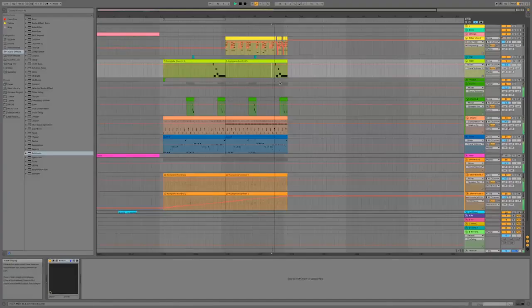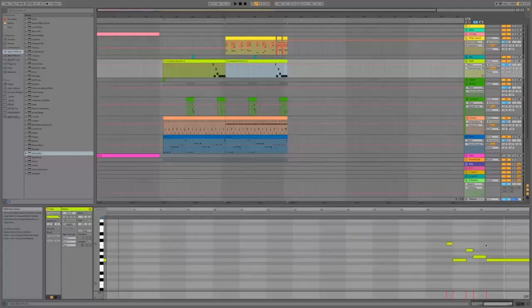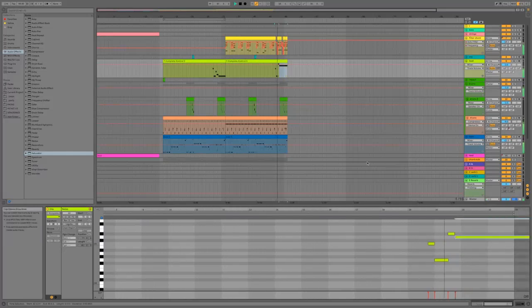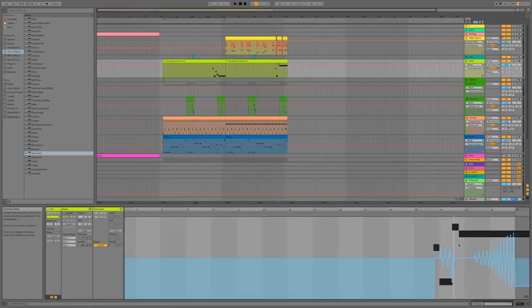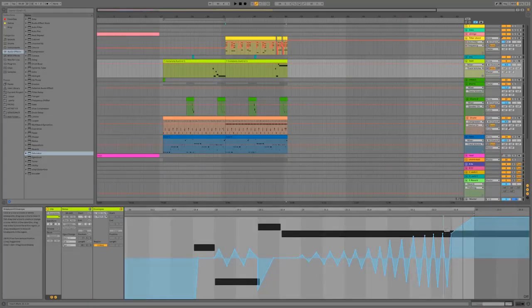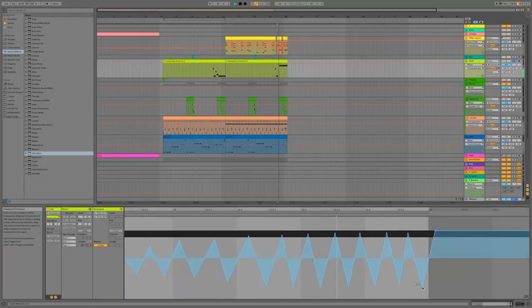Why don't we create a variation on that lead line? Da-na-na-na. I like something like that. That's it. And then that note just holds to the end. And I think we want some slightly more extreme modulation. I want to keep this vibrato thing going, getting even faster at the end. Okay, there's still more I'd like to do there, but let's move on because I'd like to keep this big